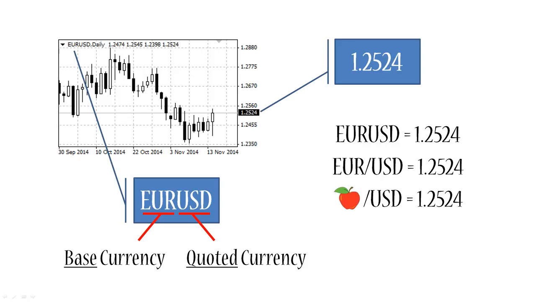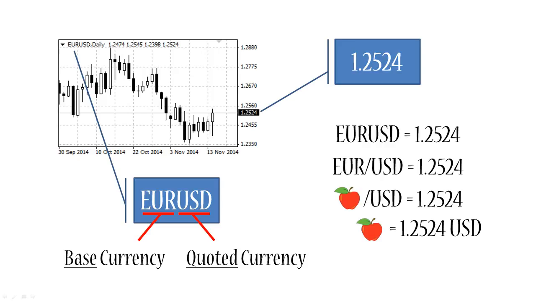So that means we can easily replace it with something else that also physically exists, but is better known to us, like apples, for example. You can count apples, you can weigh them up, and you can hold them in your hands just like euros. So there's no harm in replacing euros with apples just for the sake of this example. So here you can see that a price of a single apple in American dollars is 1.2524,